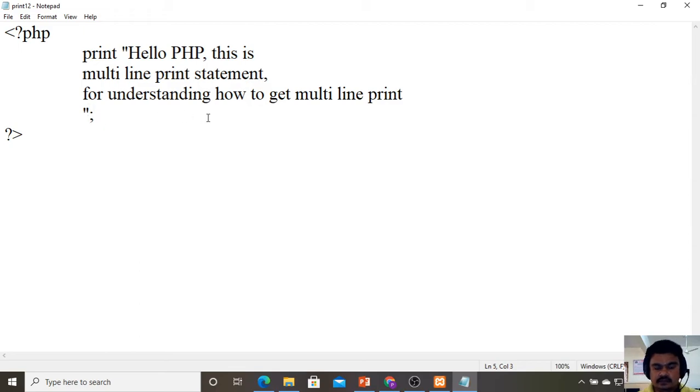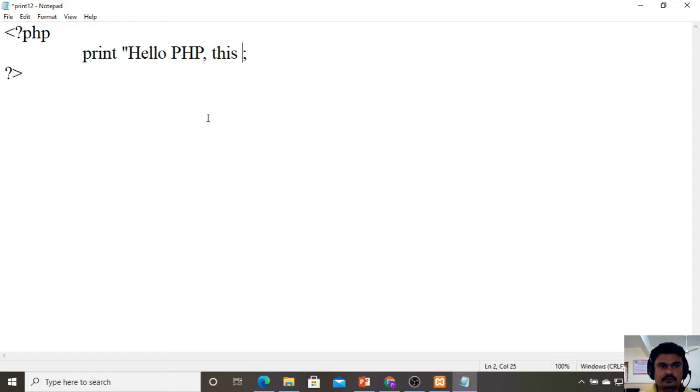So let me go for the next program. Next program, herein I am going to use the escape sequence characters. So hello PHP, this is to execute escape sequence characters.